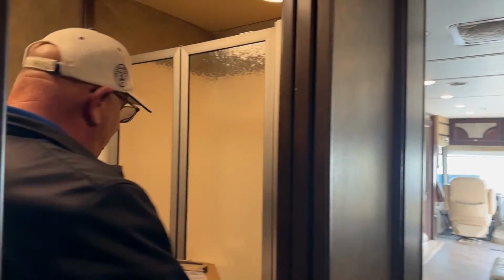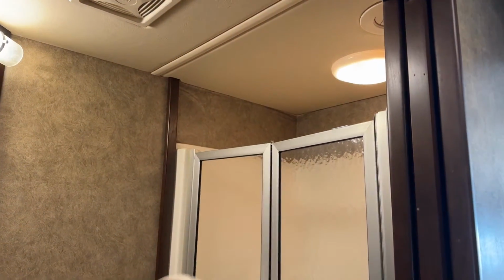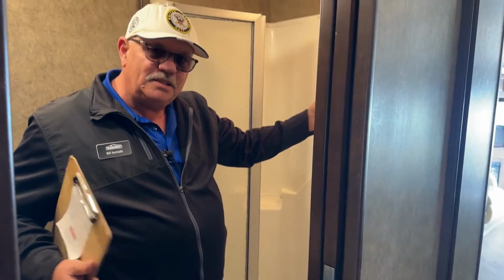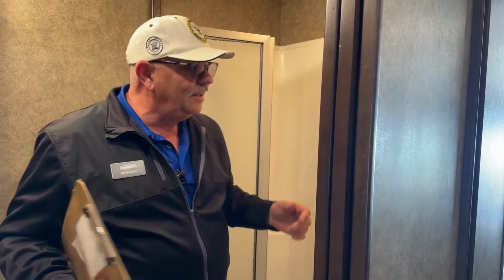All right, so I'll start right here in the split bath. Why would they do a split bath, you may ask? The reason is because they're now shortening the overall length of this unit. You still have your king bed, you've got extra sleeper up front so you can sleep 4, you can seat belt 4, but you've stayed underneath that 40-foot mark, which is a problem for a lot of people getting into certain parks. So this at 38 foot 10 inches falls well below that,